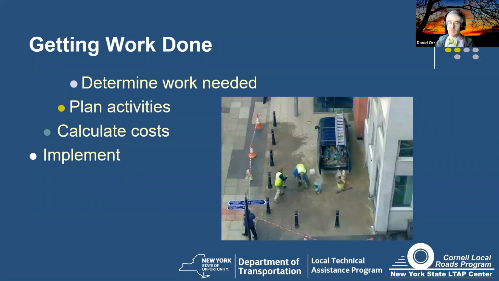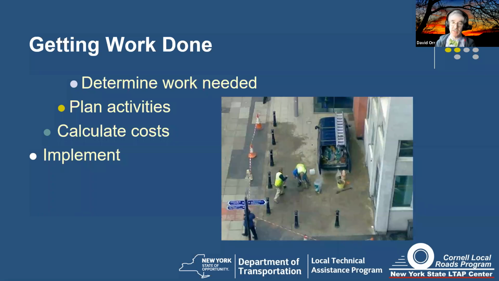This is a picture from London where some people were putting in security bollards near a building because, sadly, we have to think about that. They wanted to put in security bollards so that you couldn't park a van loaded with something dangerous right next to the building. And they used a quickset cement when they did it. I hope some of you have figured out now they actually had to go in and chisel out one of their brand new bollards that they had put in to get their van out. So think all the steps through and be willing to change.